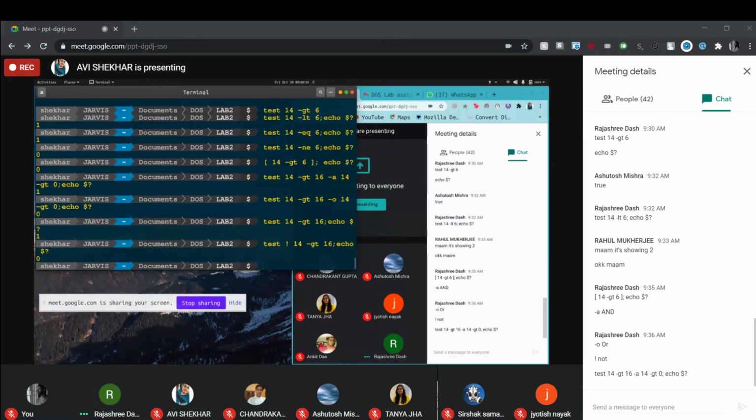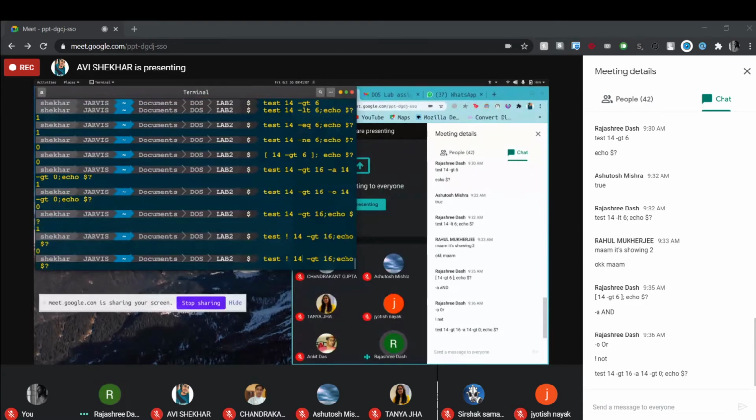0. Now that logical operator -a or -o, you can also use using the square bracket. So using square bracket represent that condition: 14 hyphen GT 16, then hyphen a, then 14 hyphen GT 0. Close the square bracket. Then echo dollar question mark.